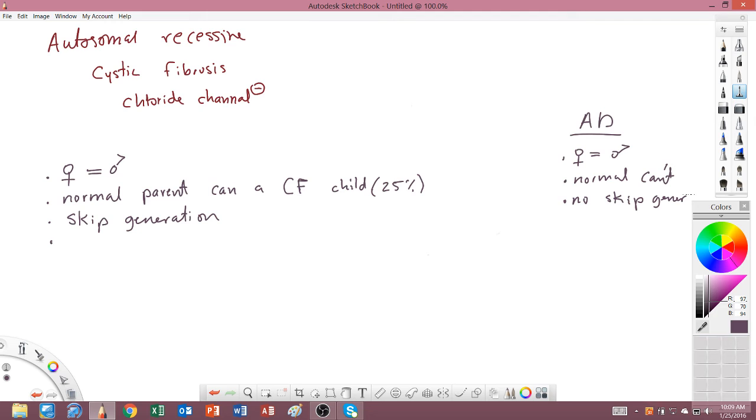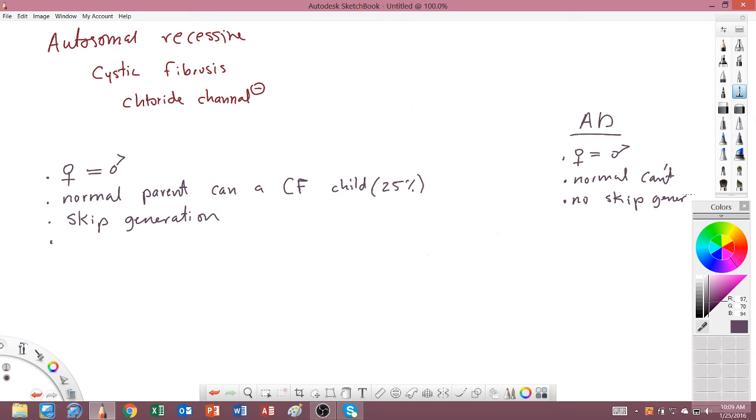And actually it does. Maybe some will get it early, some later. Eventually, every autosomal dominant disease gets expressed. Okay. Are we okay so far? So it's very easy to differentiate between them. Very easy.